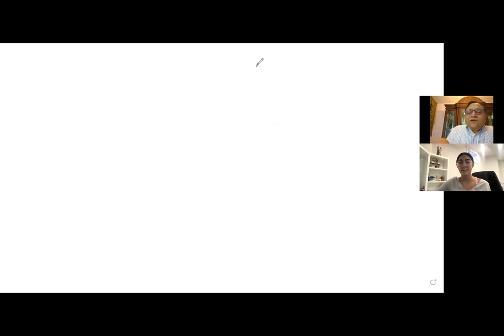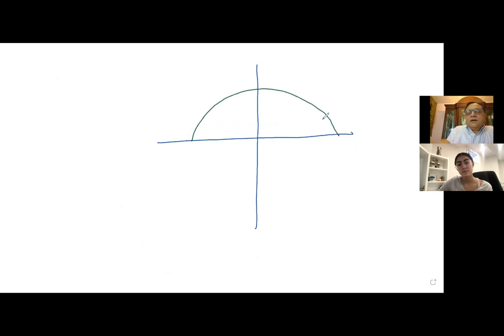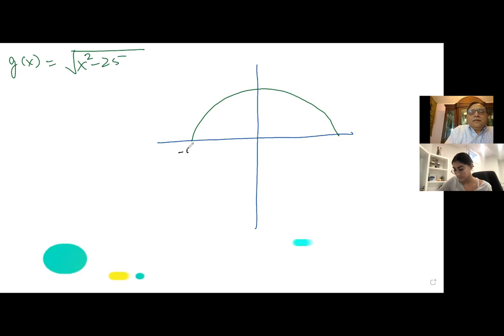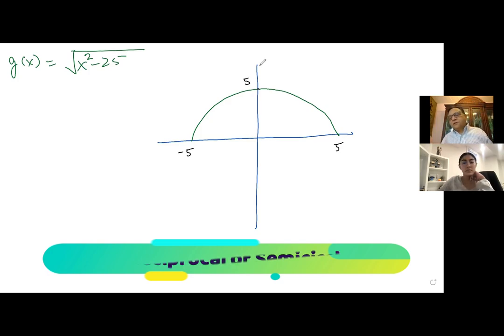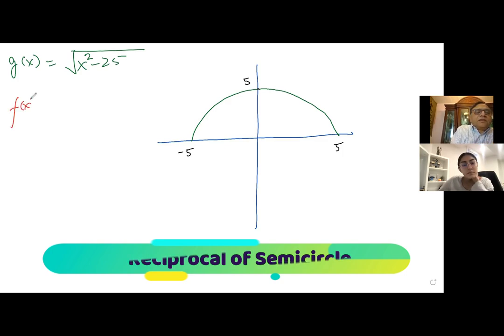So we have done one part, and I'm helping you out in finding the solution of this. That is my function, which is g of x equals the square root of x squared minus 25, right? Yes. This point being minus 5, that point being 5, and this is 5. Symmetric, even function. Now you have to sketch the function f of x, which is 1 over g of x,